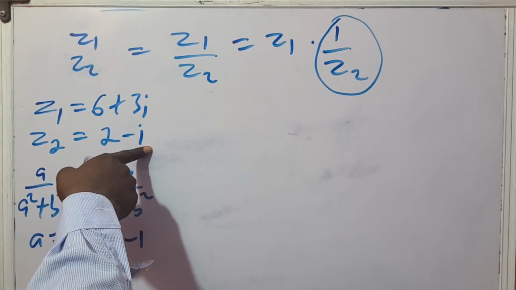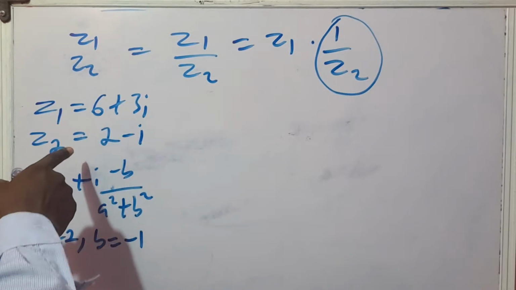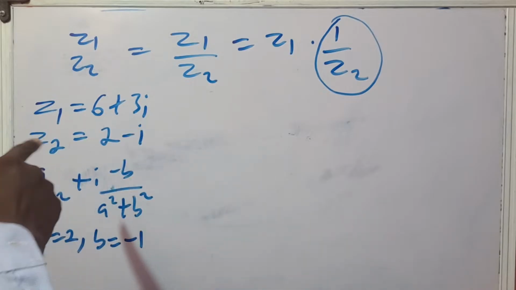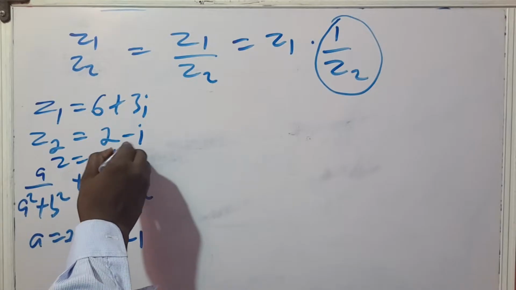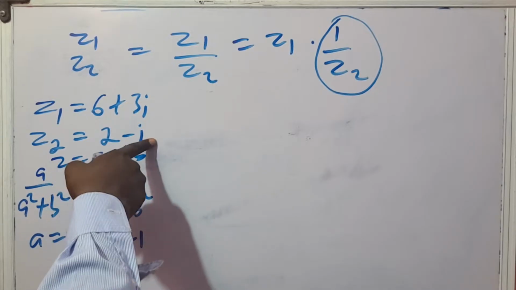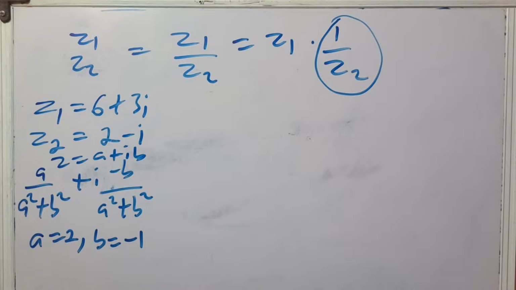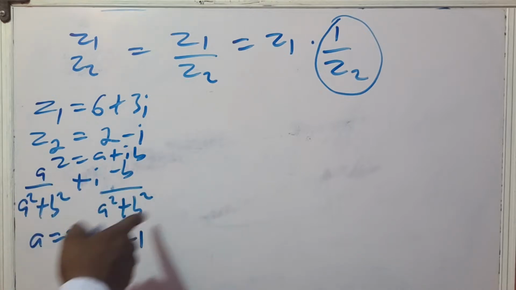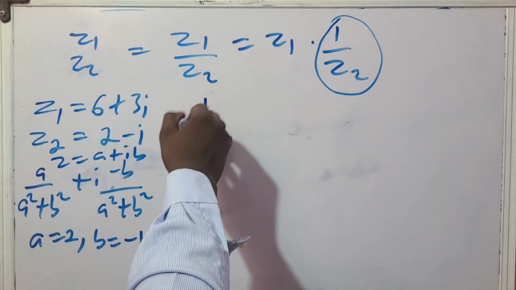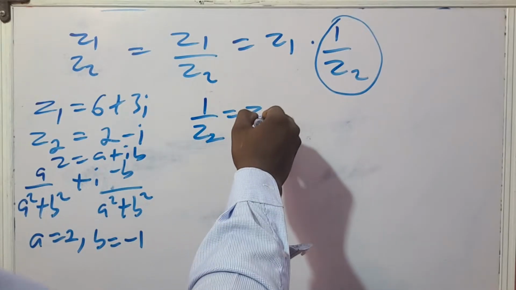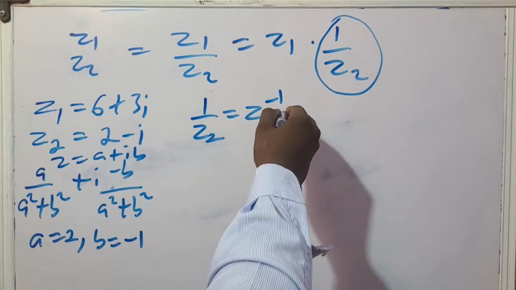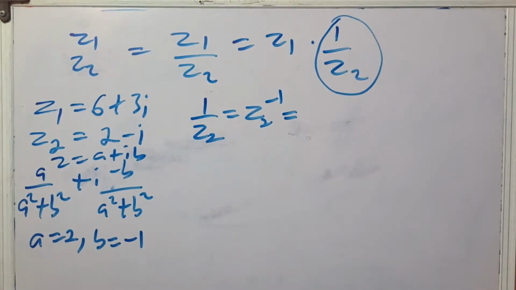B is minus 1. Because don't forget, when I had z being equal to a plus ib, that means b is minus 1 and a is 2. Now, if you apply this, we have 1 over z2, which is sometimes also seen as z2 to the power minus 1. I told you any one is okay. It will be given as,